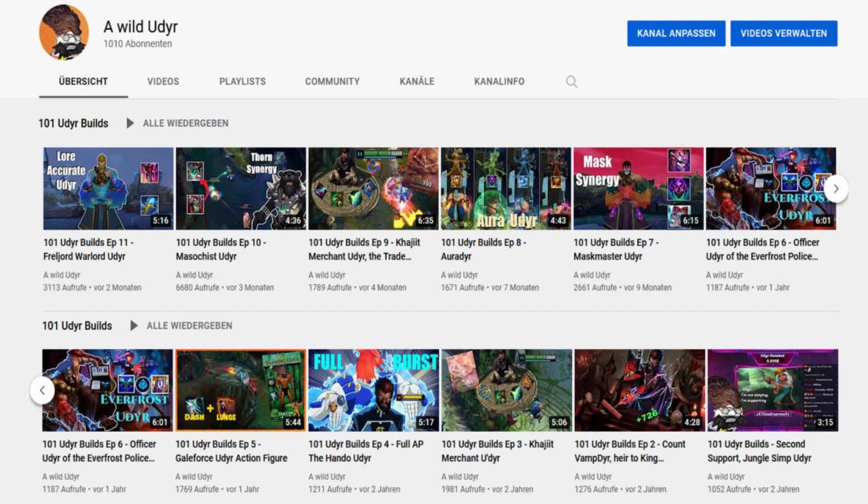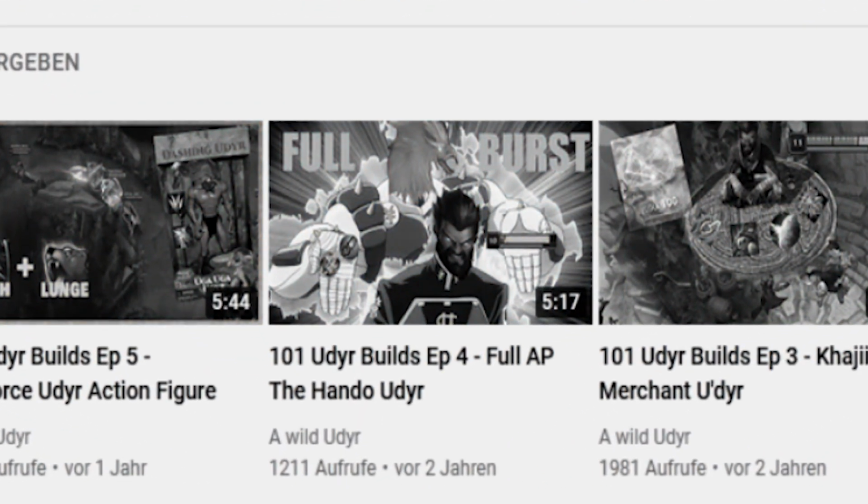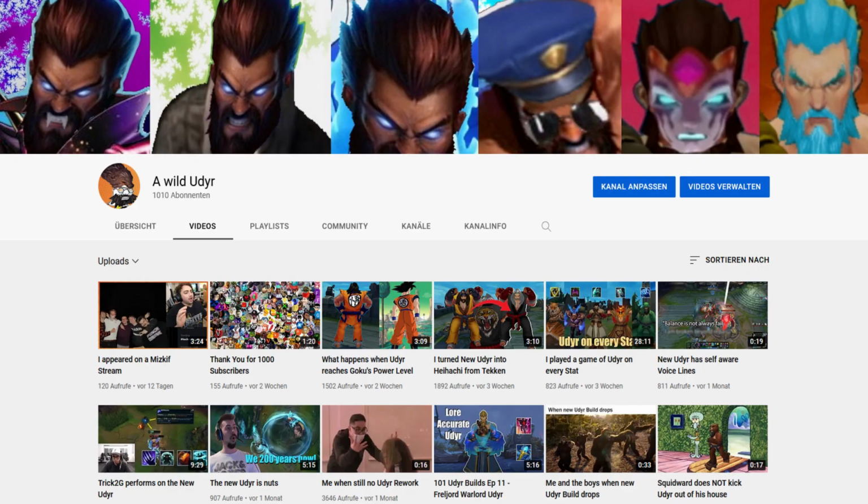And those are all the builds I made so far. I'm pretty happy with the ratio. While some builds might have changed, most of them are still playable, if not better. Aside from the Hando Udyr. Rest in peace. I'm looking forward to creating even more Udyr builds in the future,